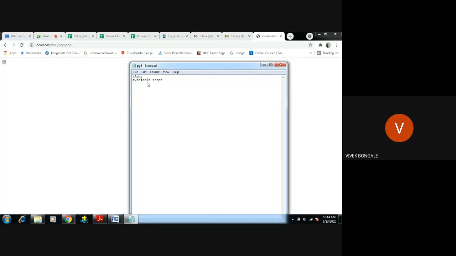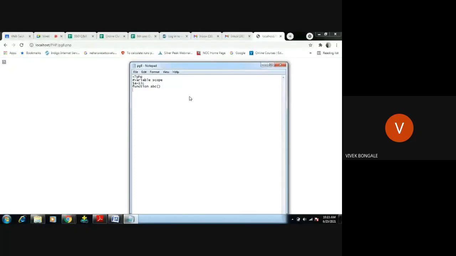What if we create a variable outside the function? For example, I am creating a variable $a = 15. After this, I am creating the function ABC.